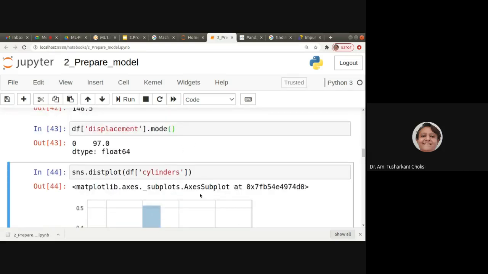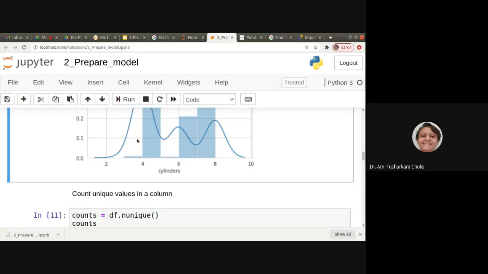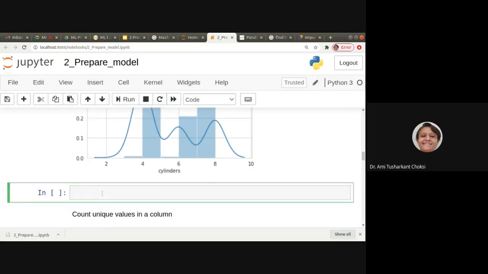That is, we want to find the mean, median and mode. I do not know what type of distribution it is, but we can see that in the histogram. Let me show you that using the values, right? Mean, median, mode.